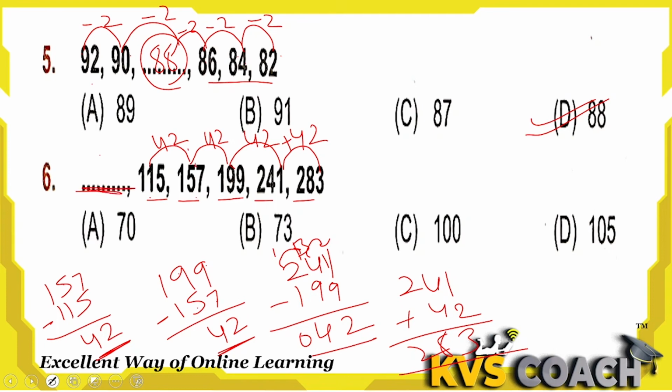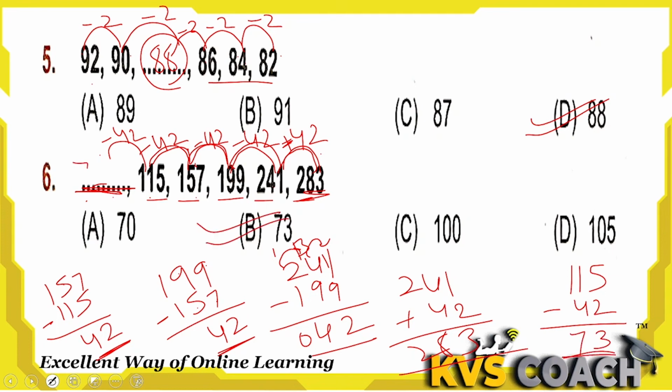जैसे ही मैंने इसको इससे सब्ट्रैक्ट किया, it means the number is coming like this. This 23 minus 42, minus 42 again. This is minus 42 again. This is minus 42 again. Here I will also do minus 42 because the missing number is in the starting. That's why I am starting the calculation from the end. Okay. So here the number will be 115 minus 42. Then 5 minus 2 is 3. 11 minus 4 is 7. So the number is 73. B is the right answer here.